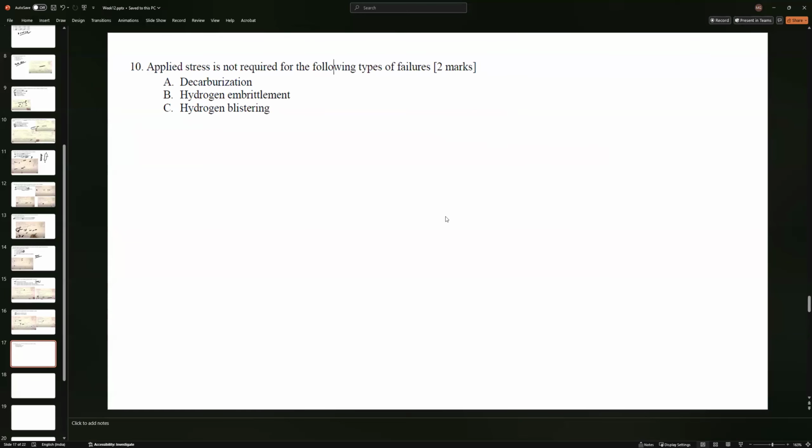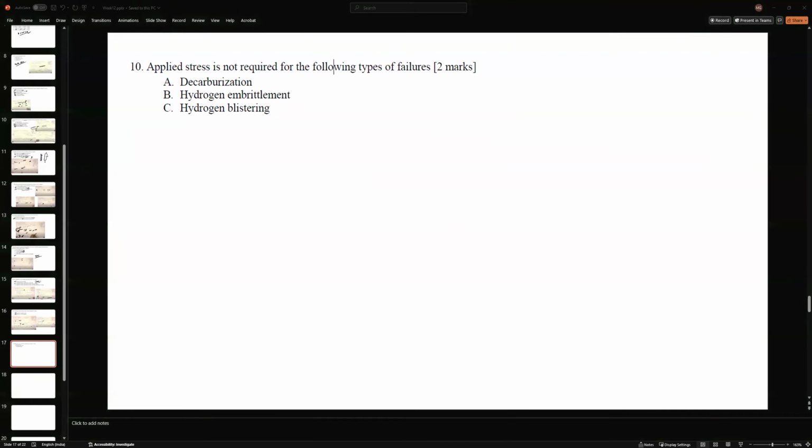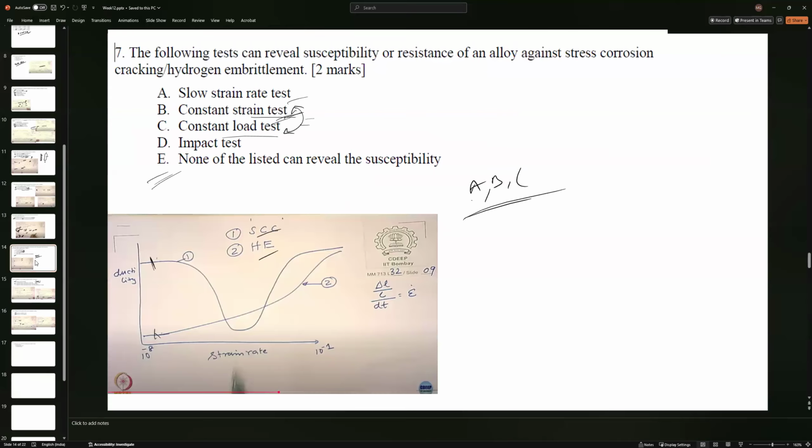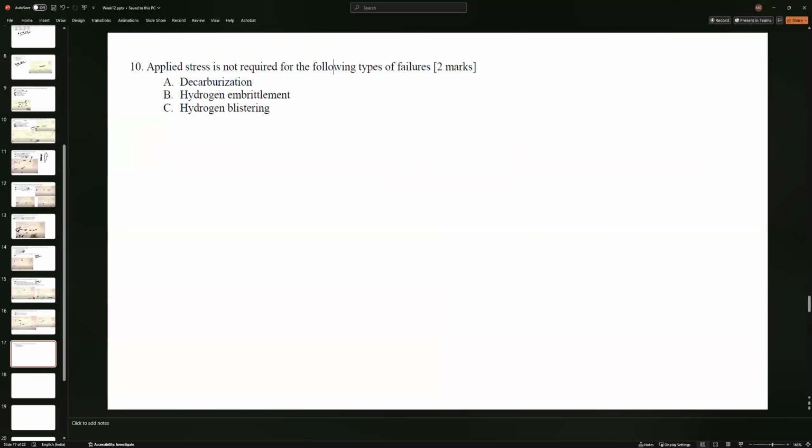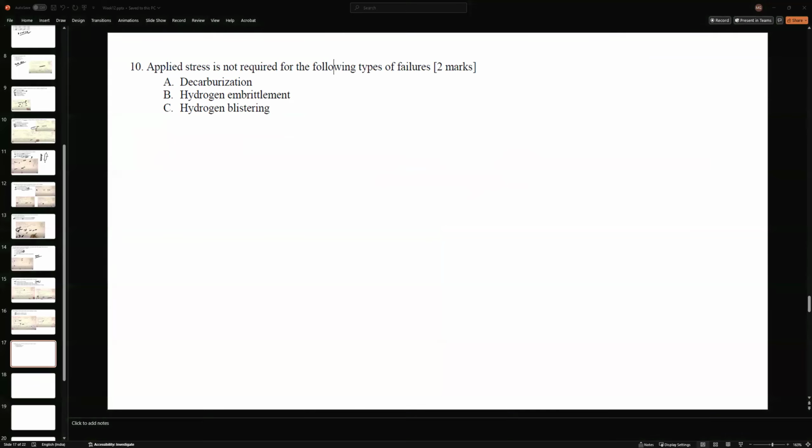Okay, stress. Applied stress is not required for the following type of failure. It's slow strain. How slow strain there, but even other options are also correct. Coming back to the 10th question. So hydrogen embrittlement heat has